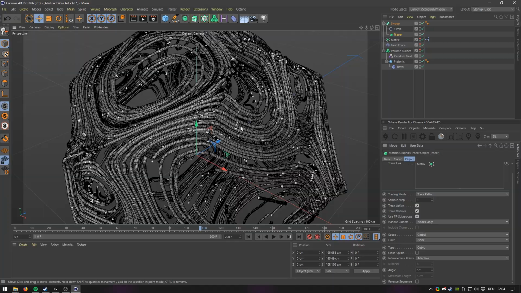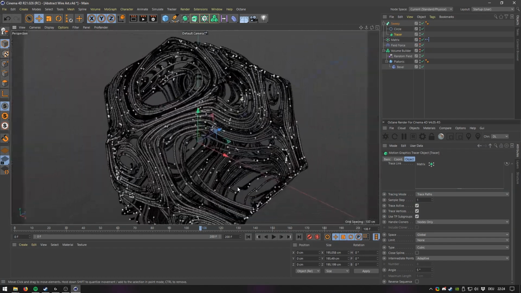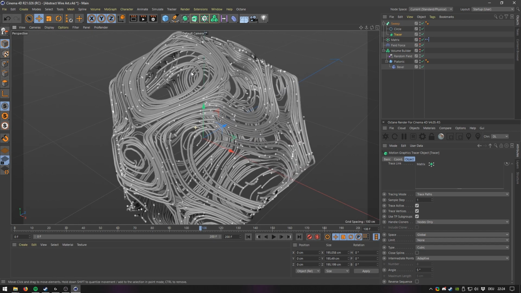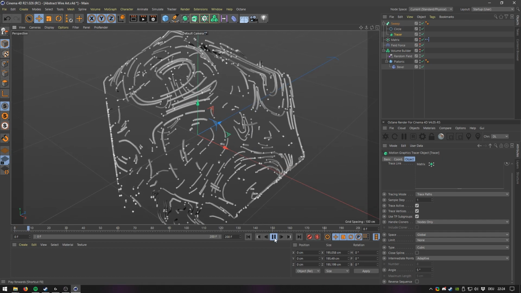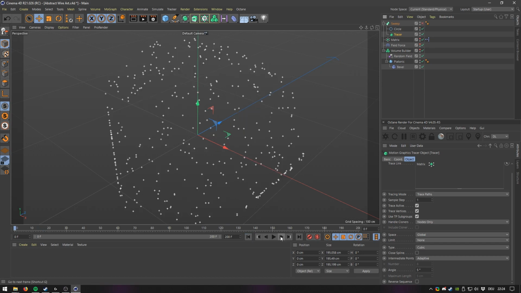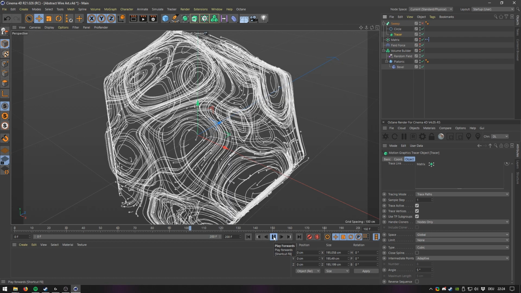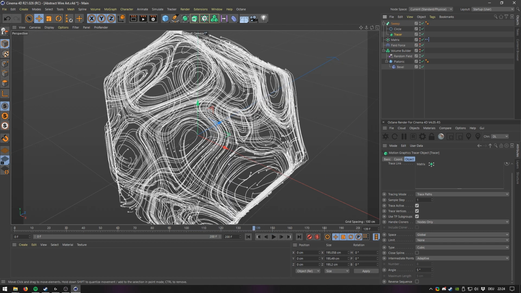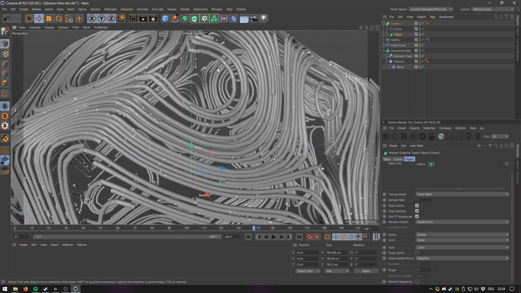Sometimes you have to redo the simulation to actually get correct effects in this case. So I recommend disabling the sweep, otherwise you are going to calculate sweeps in real time, which is slowing down your system really fast. So disable the sweep, do your simulation again. Stop at whatever point you like now. Enable the sweep again, hope Cinema doesn't crash. And we still have